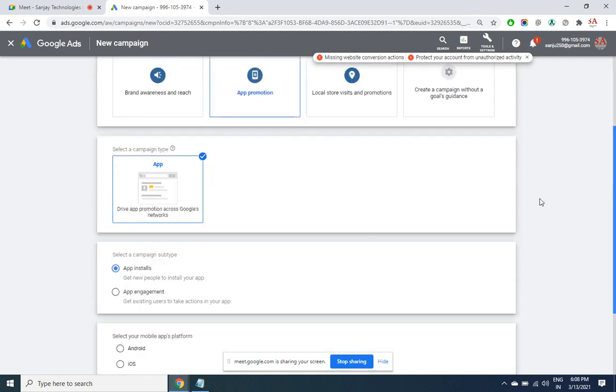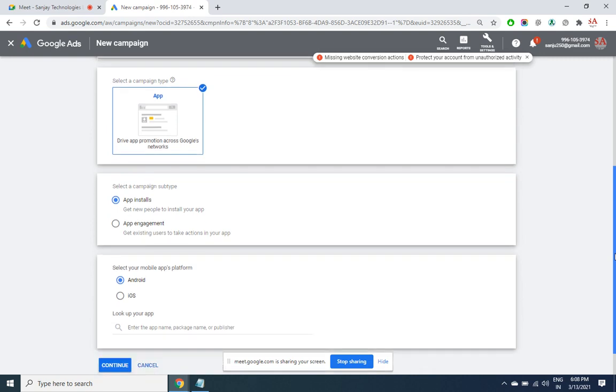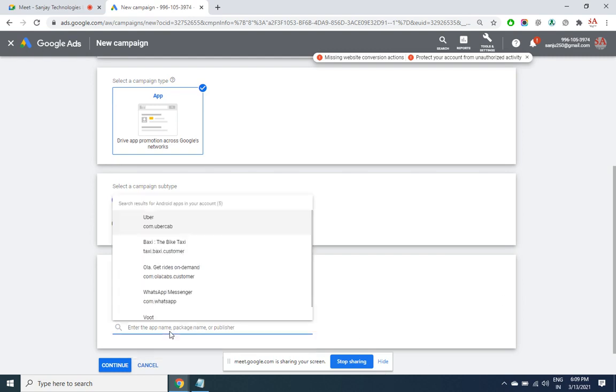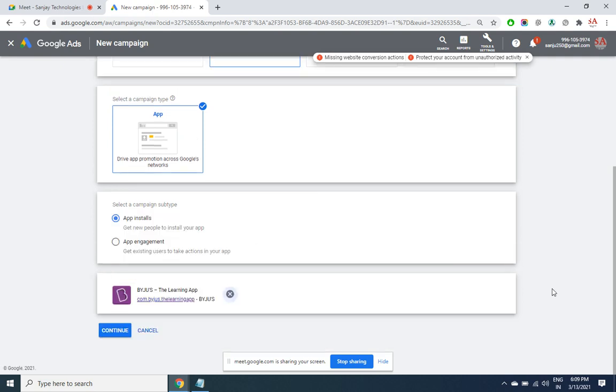App engagement means existing users. App installation, what is the app you need to select here. If I have selected an Android app, my ad will be shown only on Android eligible devices. So let's say my app is Byju's example. Continue.